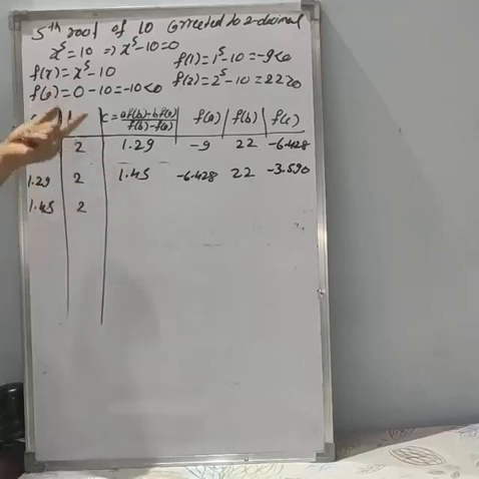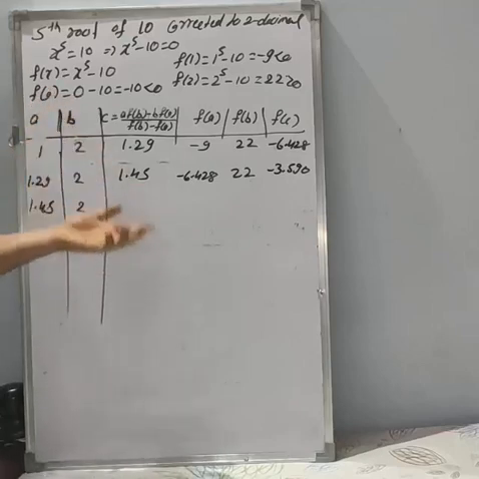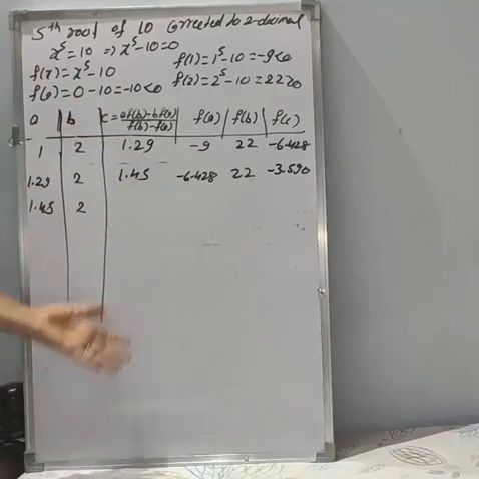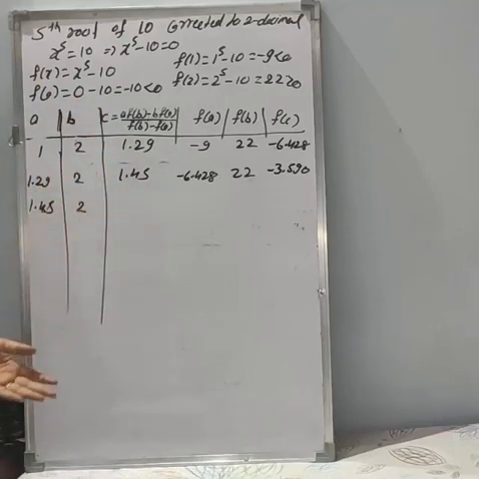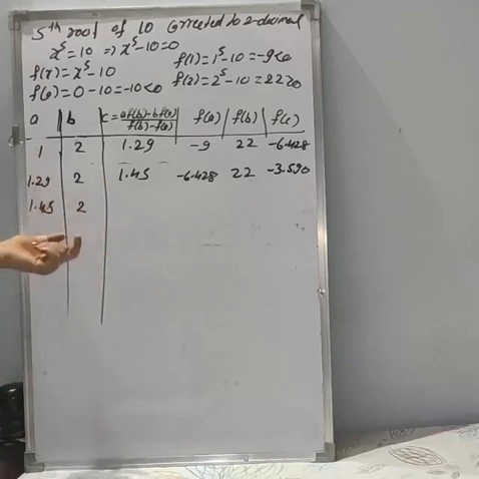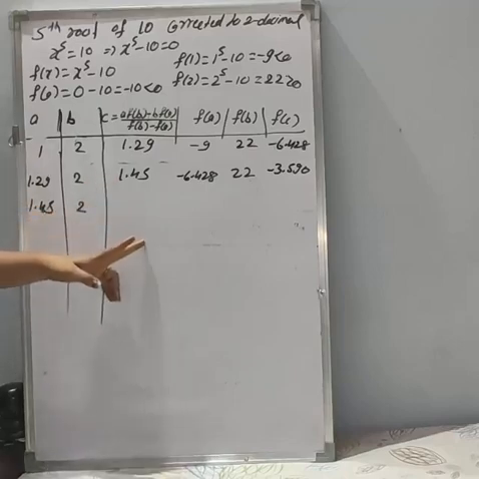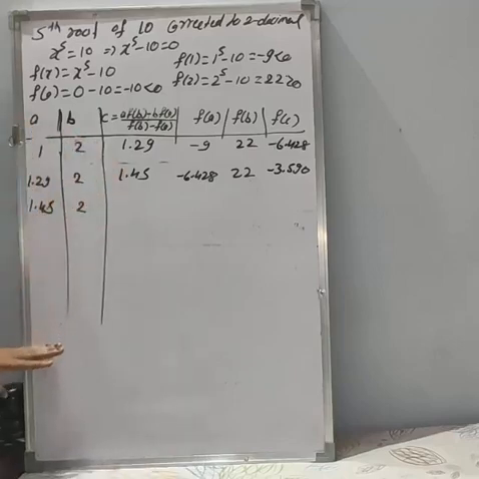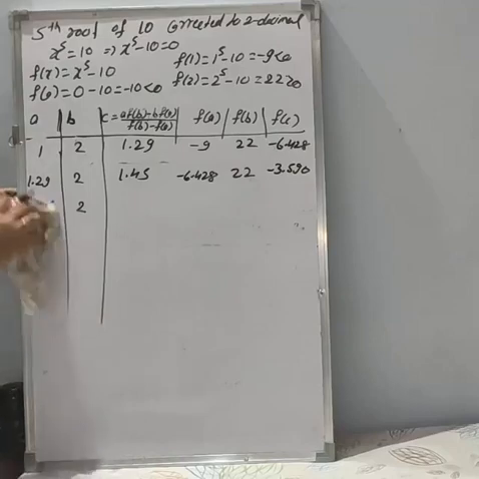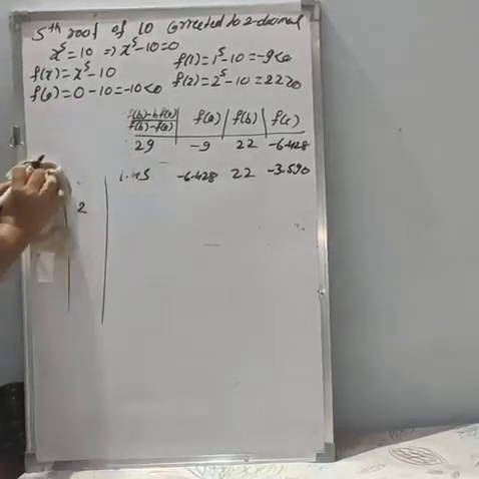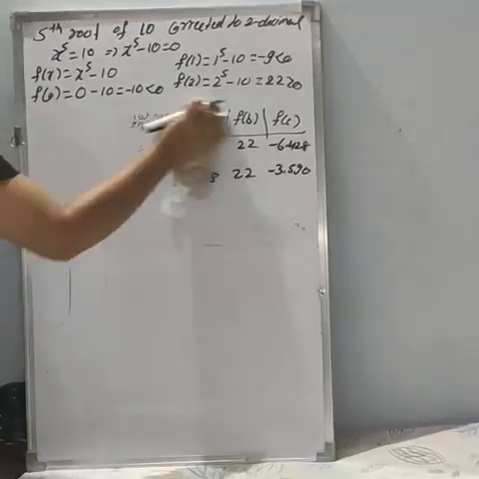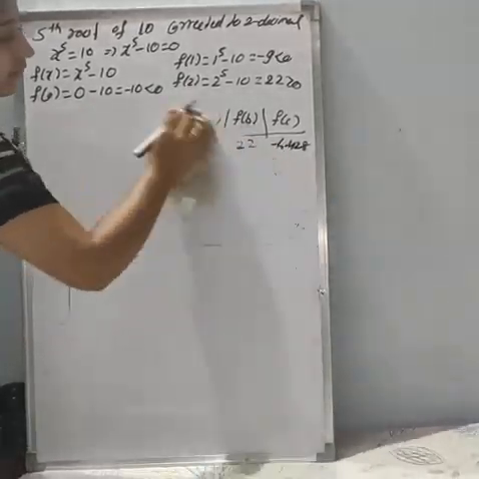So please solve this example. I will give the PDF, go through that, and check the answer with my answer. Use the calculator and type it in. I think in 6 to 7 iterations you will get the answer corrected to 2 decimal places. So we have to solve up to 6 or 7 iterations, and definitely you will get it corrected to 2 decimal places. So please try this example. I will give the PDF, go through that, and I will give 2 for homework. So please try to solve that homework problem.